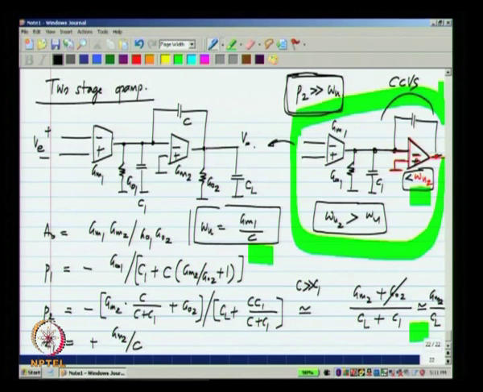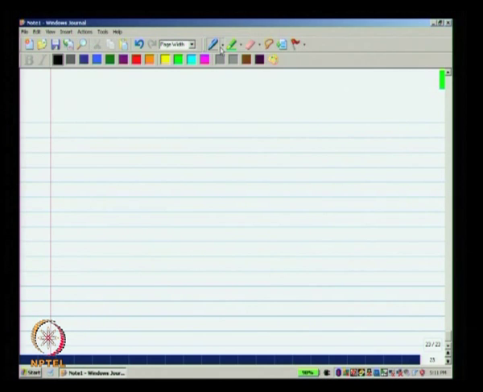The second pole P2 appears because the op amp with which we made the current controlled voltage source itself has a finite unity gain frequency. If the unity gain frequency of the second op amp was infinite, then we would not have the second pole and we would just have a single pole op amp. Is this clear? So, this gives you another intuitive way of figuring out why these conditions come about. It is extremely important when you get algebraic results to attach some intuition to it.